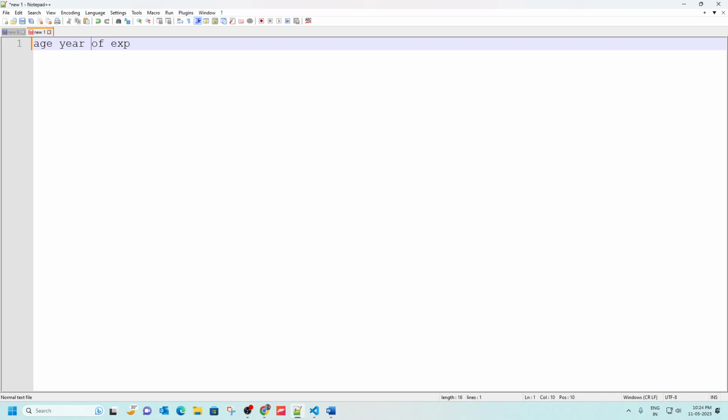Okay, let me give you an example. Suppose we are interested in predicting the salary of an employee based on these variables. Let's take gender also, and based on these three variables we want to predict the salary of a person. Here the multicollinearity between age and year of experience is very high, as per my previous statement. So we will ignore one of these columns in our model prediction. While we train our model, we will eliminate one of these predictor variables,